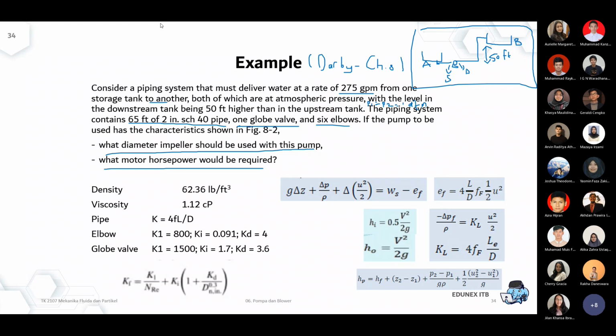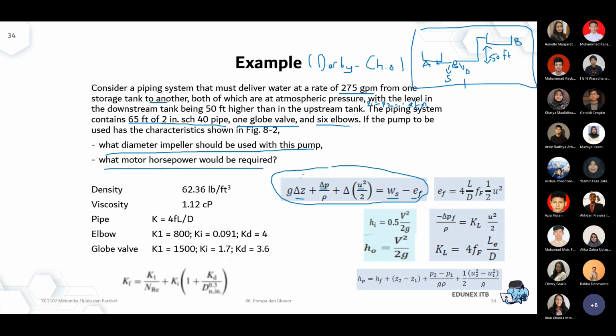Of course you want to build the Bernoulli equation. I think this is the Bernoulli. Now you just have to imagine which parts you don't have the numbers for at the moment. Do you have your delta Z? Do you have your delta P? Do you have your delta velocity? You don't have the pump duty for sure, and do you have your EF?